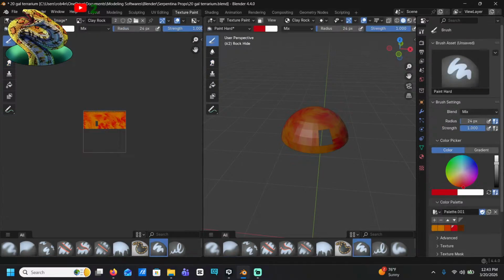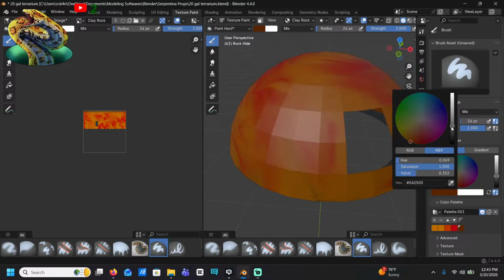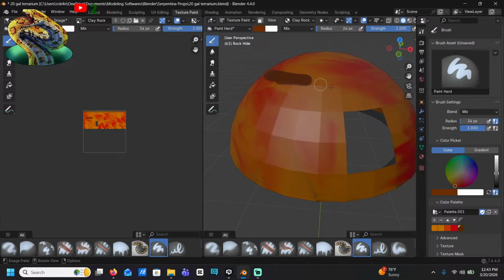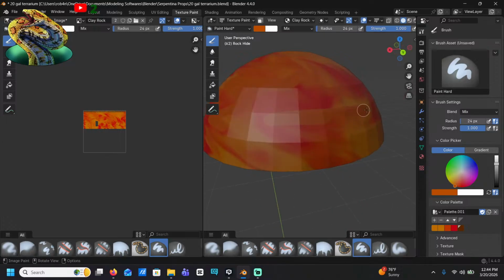Okay, now I go back over here. That's a little darker than needed. There we go. Honestly, it looks like kind of just the same color as the base color, but that's fine.